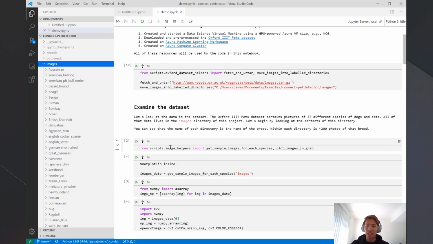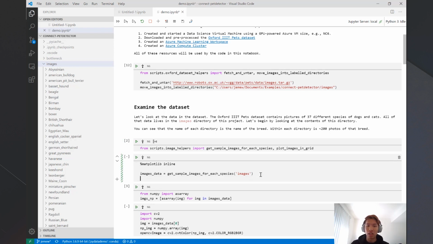To run the cell, I can either click on this run cell icon up here, or I can use a Jupyter hotkey. I can also run the cell using the shortcut Control Enter, and you can see it also runs the cell. We support many Jupyter hotkeys like running cells, deleting cells, moving cells up and down, etc. As well, because we're in the notebook editor in VS Code, we have full access to